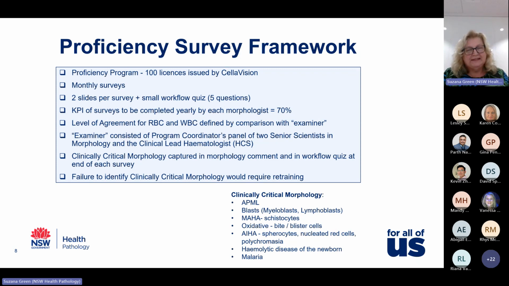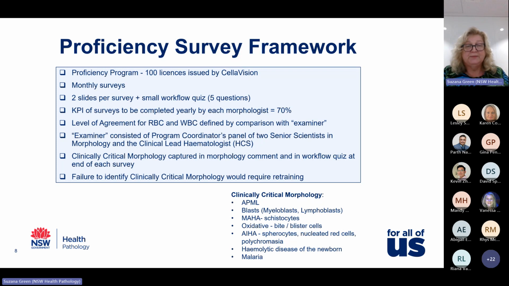And of those that participated, they would have to have completed 70% of the slides or the surveys that were given to them. The level of agreement for red cells and white cells was defined by the comparison with the examiner. And the examiner was basically a panel of 2 senior scientists, including myself and Karen Collins, and our